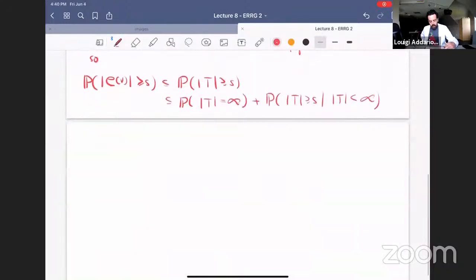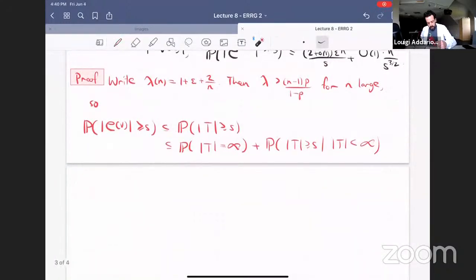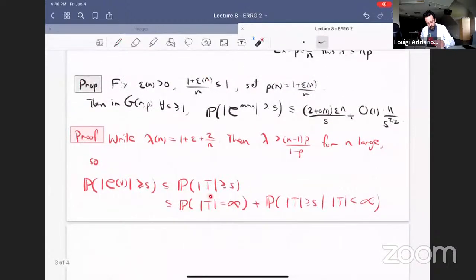Okay, so I'm not doing anything there. I'm just using that one of these two things has to happen if the tree has size bigger than s. Either it's infinite or it's finite and bigger than s. Okay,